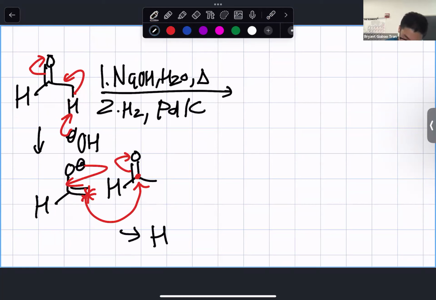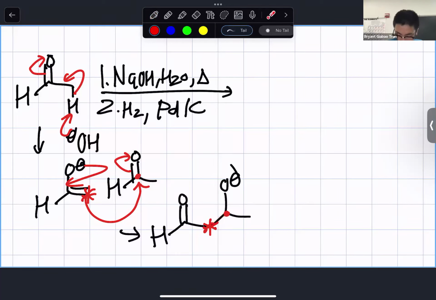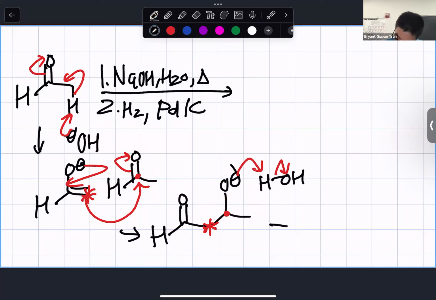Right? What that's going to give us is this intermediate here, where this is the new bond between the star and dot. This dot is attached to an O minus now because we pushed one of the bonds of the double bond onto the oxygen. The methyl group is still there, and I'm leaving the hydrogen out as invisible now. Right. The next thing is to protonate the O minus using water to get the aldol